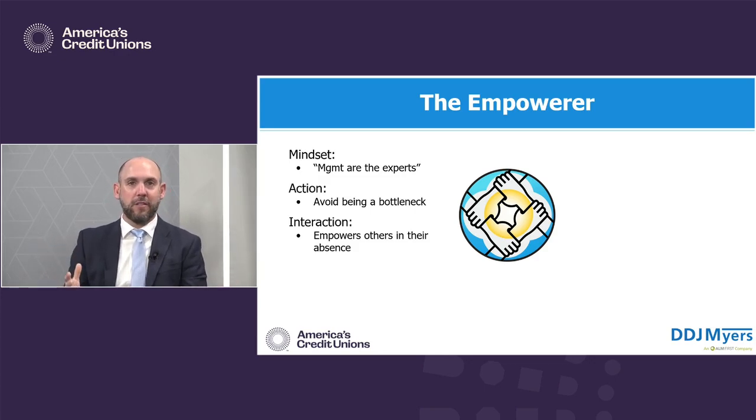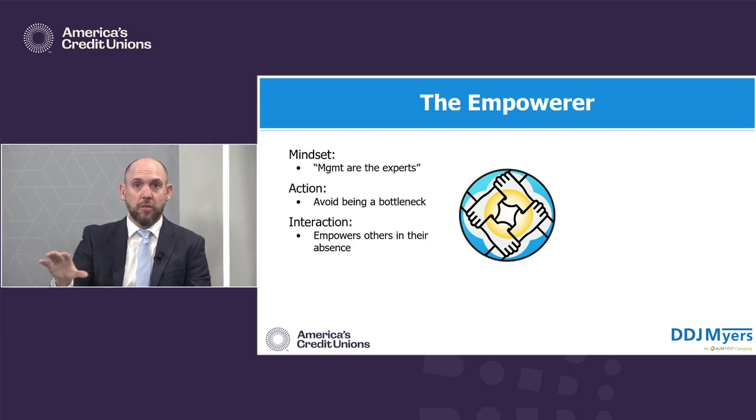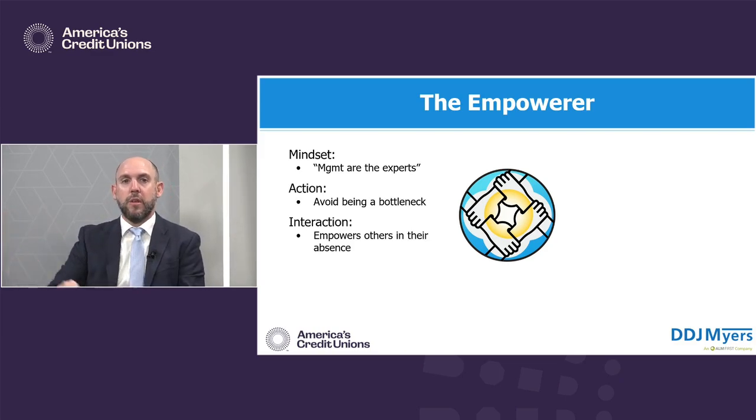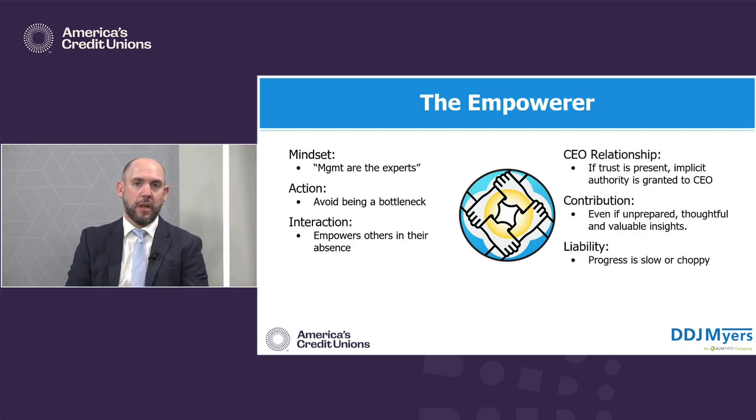Okay, the empowerer. Management are the experts. That's the mindset, right? So they want to empower, and there's a very clear line of authority and governance here, and they empower the CEO and management to make the decisions and often refer to them as the experts. And so they will frequently ensure that they are not going to be a bottleneck. No, we don't need to be in that. I don't need to be in that decision. You're empowered to work through this kind of content. And the interaction is, all right, hey, I'm going to be out of these conversations, and so you committees are good to work through these. And what can happen is maybe the interaction will show up as detached or aloof, when maybe we want more engagement.